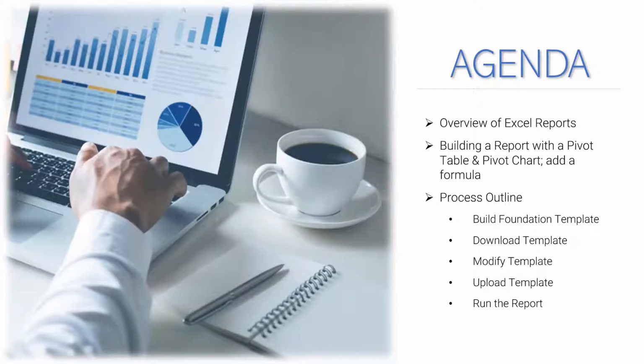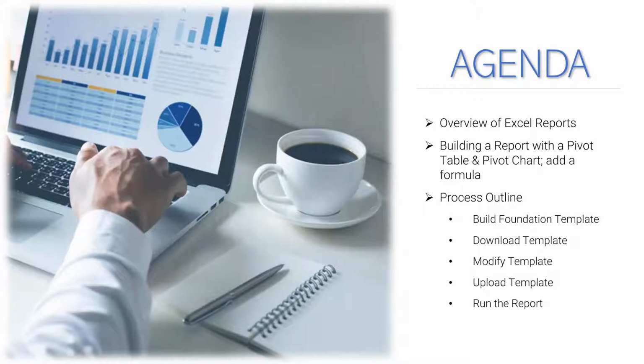But what we're going to do today, we're going to work with a one source sheet Excel report. The next session that we have in a couple of weeks, we will work with a multiple source sheet Excel report and show you how you can take data from 2 different modules and then using formulas and things in the template, how to combine data together in a 2 source sheet report. So today we're going to start out simple and then give you some ideas, and hopefully you'll be able to go back and try some things yourself, and then come back in a couple of weeks